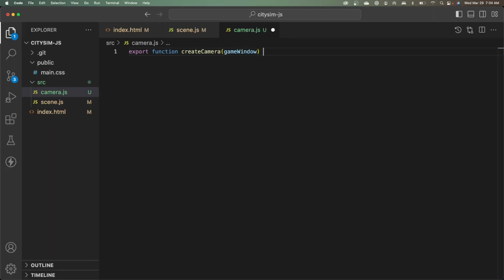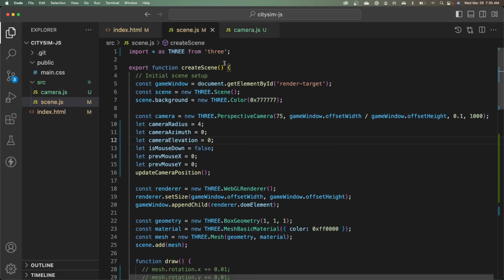And the camera does depend on the game window to know how big to make the field of view. So we need to pass that in as an argument. And then we're going to need to return our new camera object. Going back to the scene,